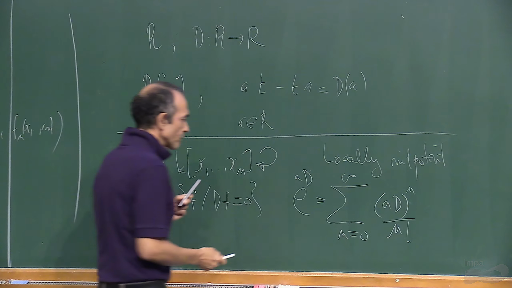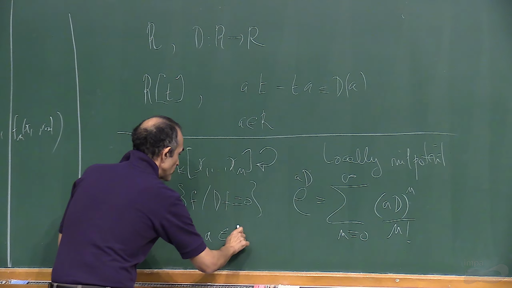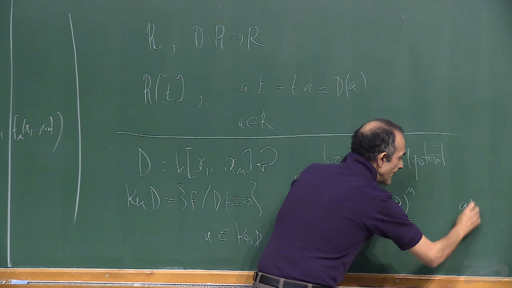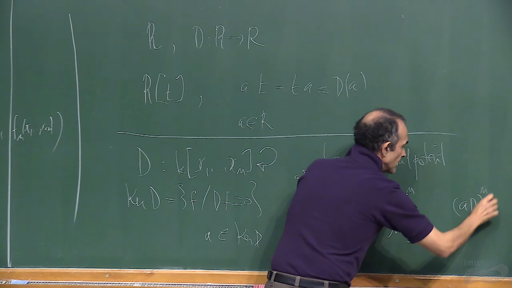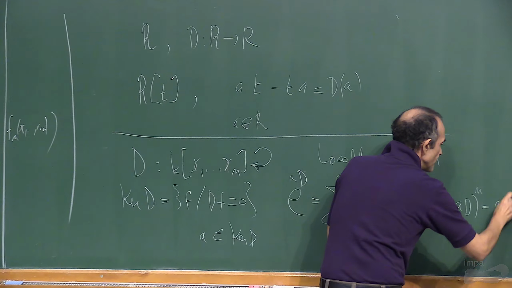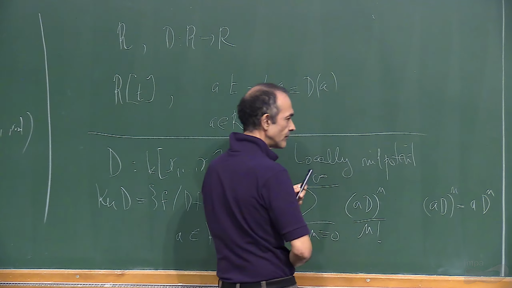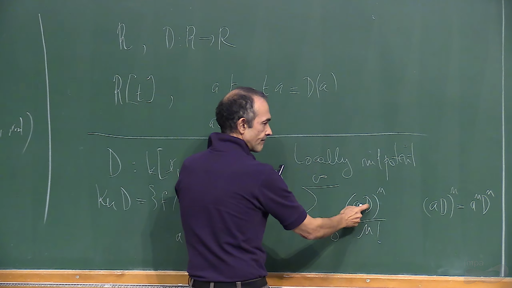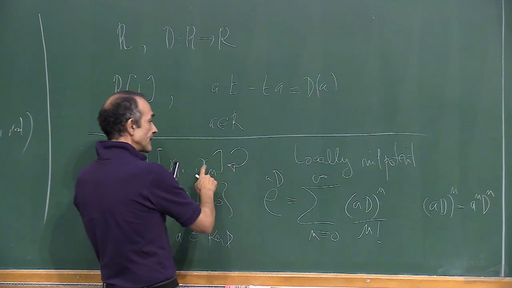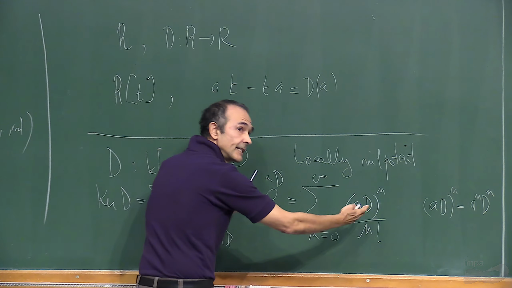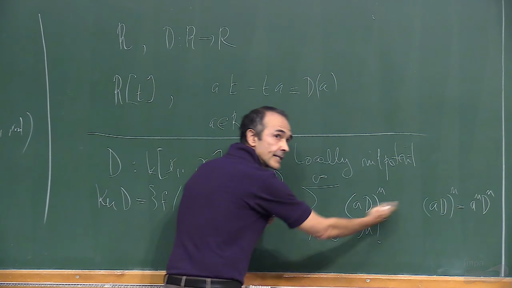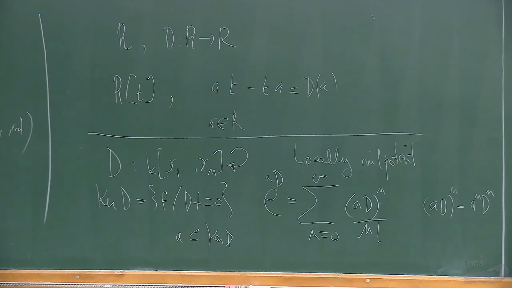But if A belongs to the kernel, then when you apply AD, you iterate, and D, this is the same. The operation is the same, because D is annihilated by D. And since D is locally nilpotent, this series operates in a finite form on polynomials. There is a finite sum that is applied to a polynomial. And then one may define an automorphism